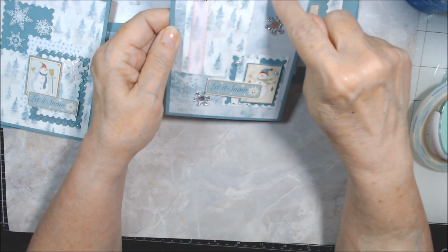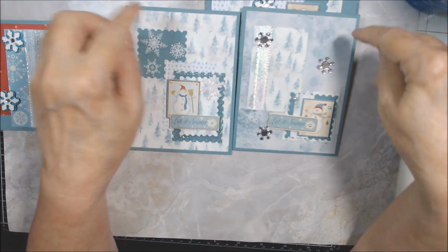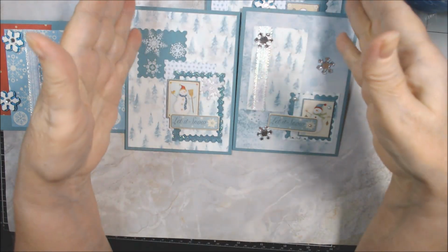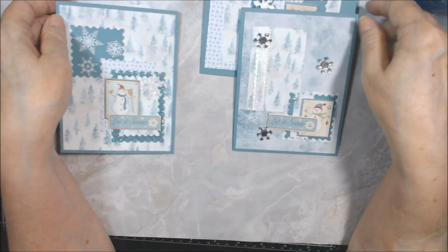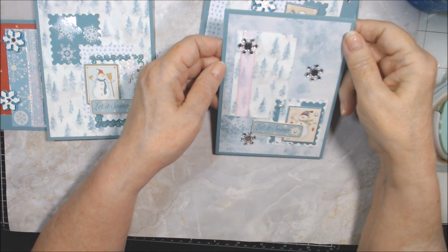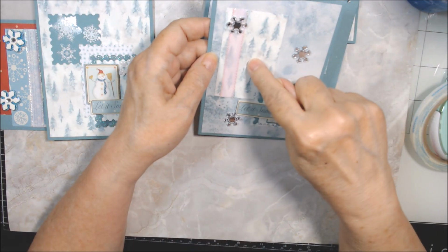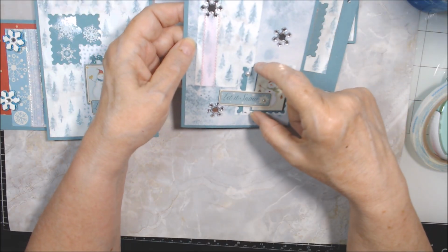Anyway, this is actually the back of, okay, this is where I cut a piece. So this is the back of this. So I used a long strip, 4 inches by 12 inches. I ended up with a little bit left because these are 5 1/4 and 5 1/4. So that's 10 1/2 out of the 12. So I had another little piece left. I don't think I used that. This was another little scrap, so I put that on top of there,